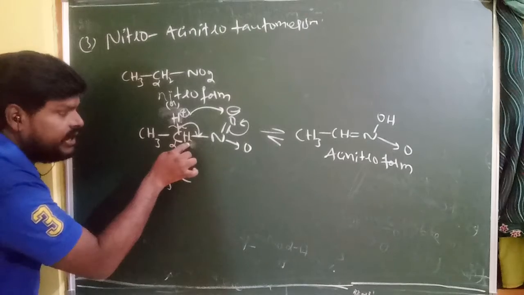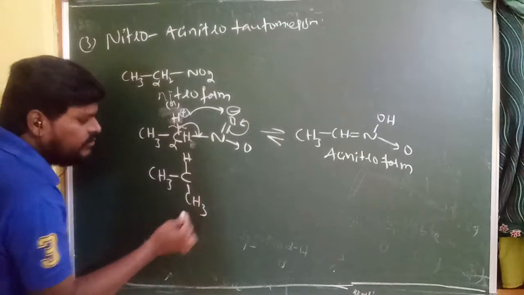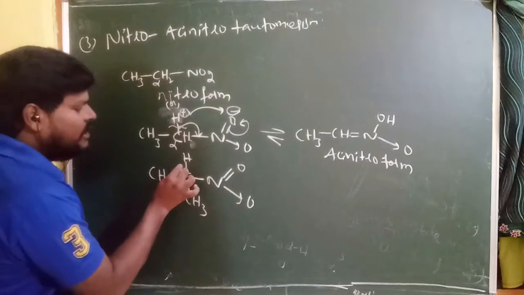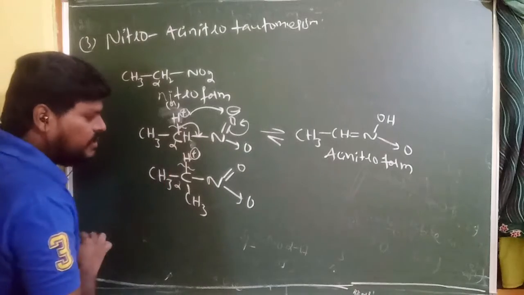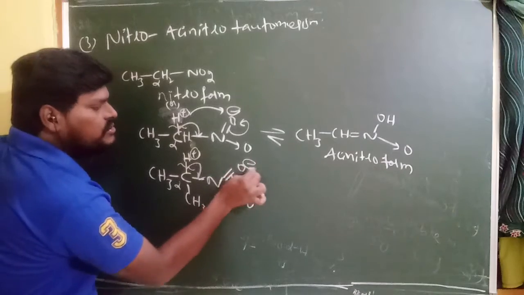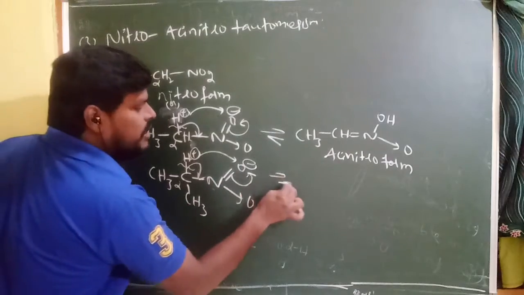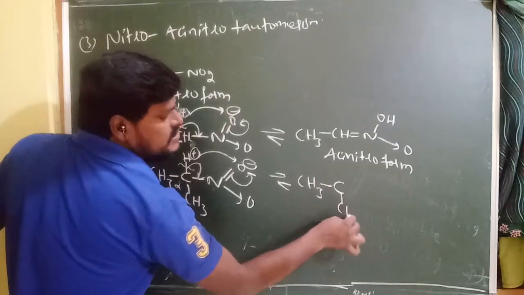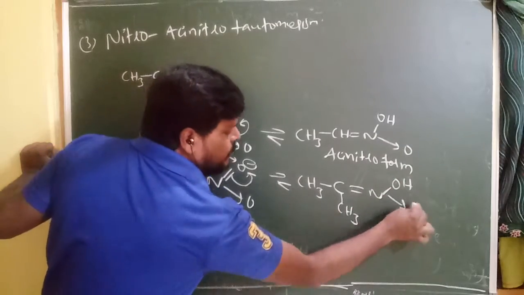CH3, because here still one alpha hydrogen is there. So instead of one hydrogen I add one methyl group, with N double bond O. Here too, this is the alpha carbon. The bond breaks and hydrogen gets a positive charge. This bond rotates towards carbon to nitrogen and this bond rotates towards oxygen. Now the positive charge of the hydrogen migrates towards oxygen to form CH3 bond CH3 double bond N bond OH bond O.